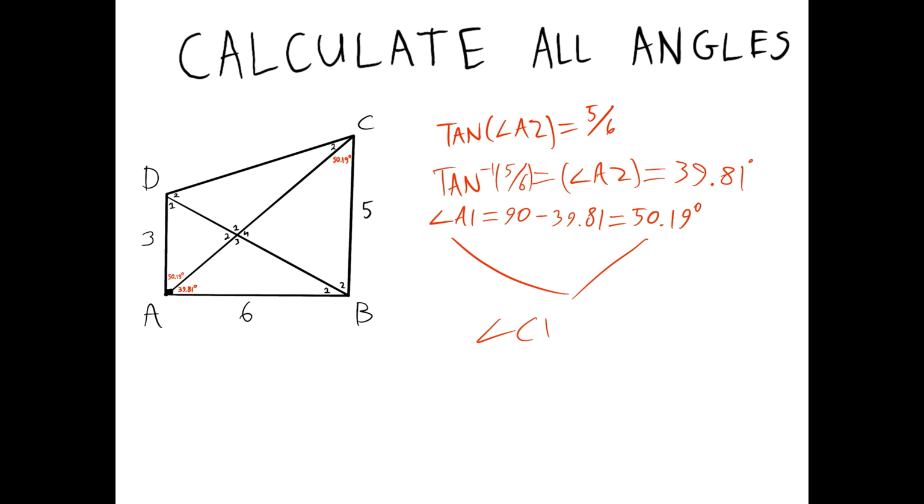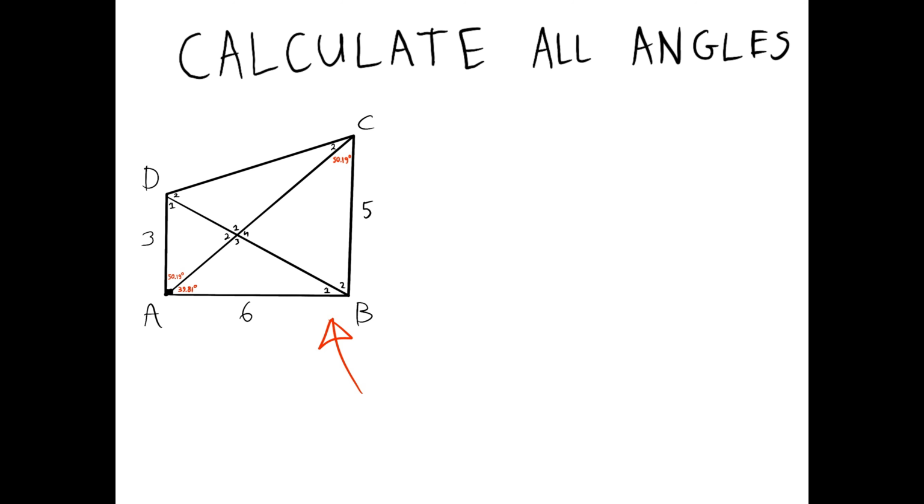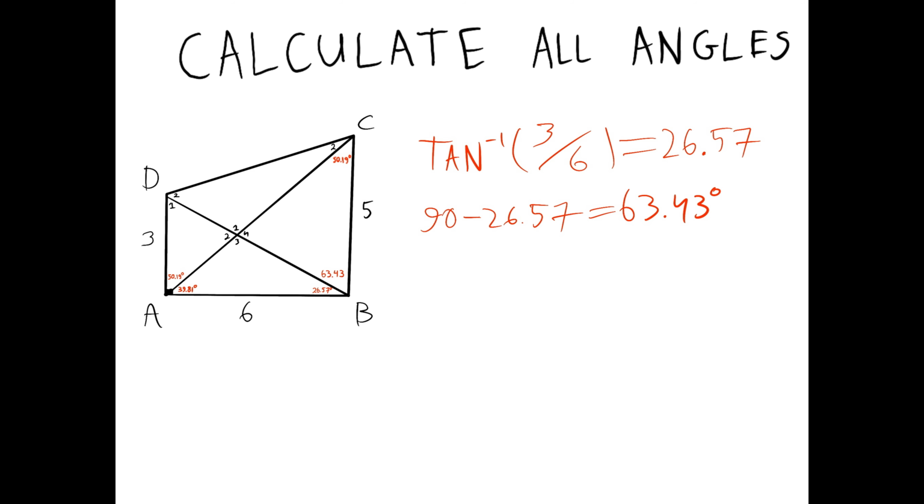After that, we calculated angle B1. We did this by taking the inverse tangent of the opposite side, which is 3 as you can see here, over the adjacent side, which is 6. This is equal to 26.57 degrees. When this was done, it was easy to calculate angle B2, because now all we had to do was subtract angle B1 from 90 degrees, which is equal to